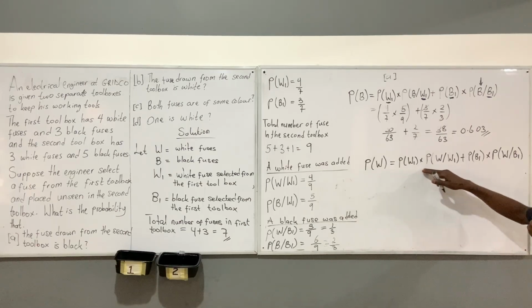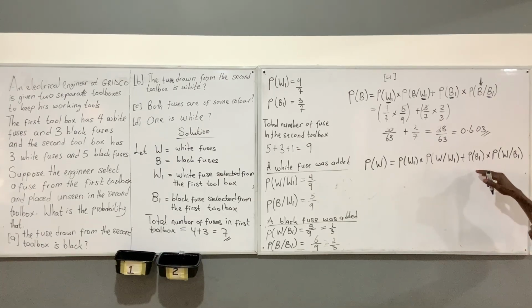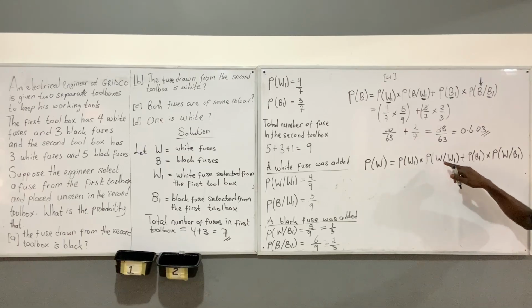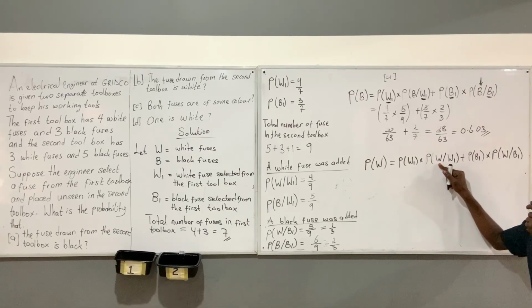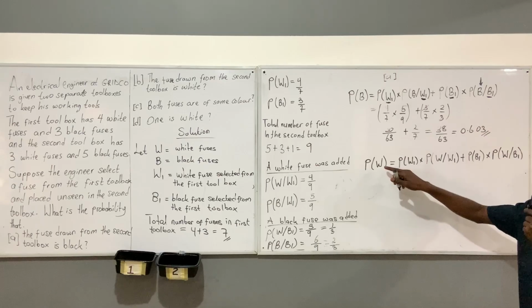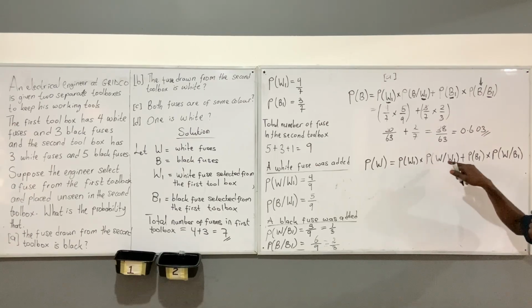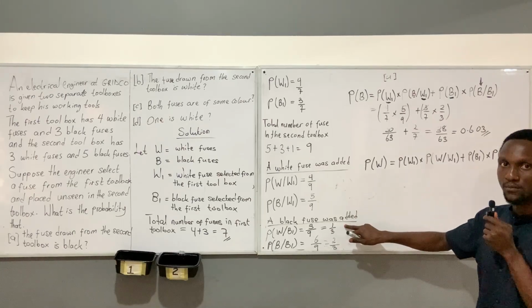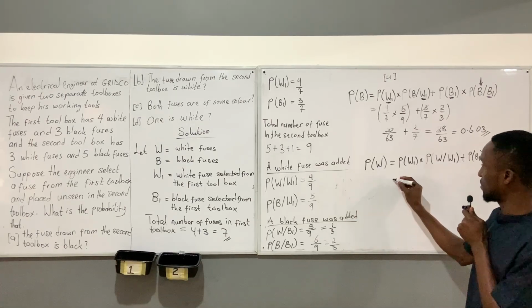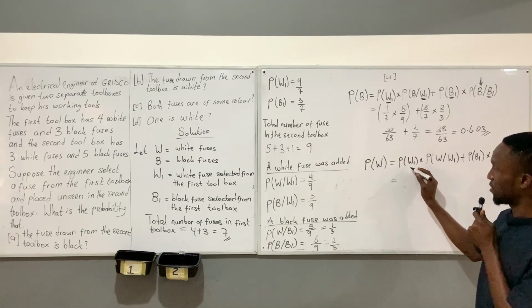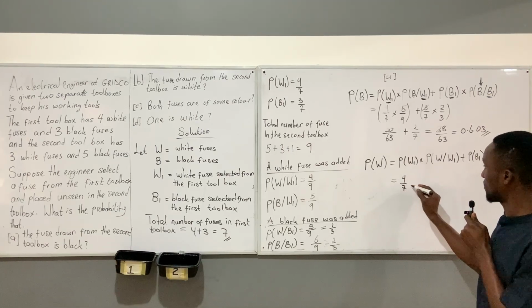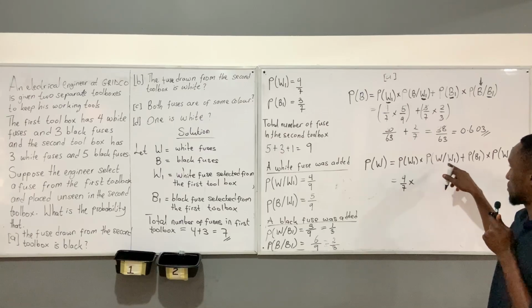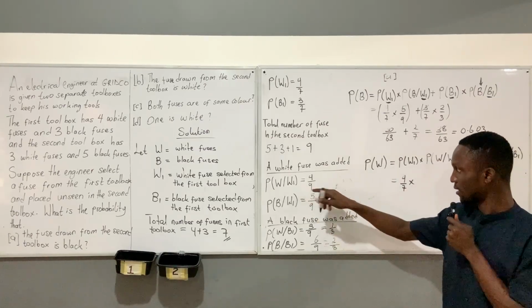So what you are seeing here is the total probability formula, which means the first scenario, we are looking for the probability of a white fuse he picked, given that a white fuse was added from the first box. Here, we are looking for the probability of a white fuse he picked, given that a black fuse was added from here. Okay, so this becomes, what is the probability of W1? 4/7 times, he picked a white fuse, given that a white fuse was added, is here. We have